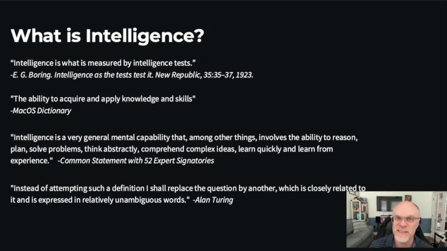Now, one interesting thing that we're going to look at is the Turing test. So Alan Turing, back in the day, we're going to study this in a moment, he basically said, you know, it's too hard. We can't get everybody to agree on what intelligence is. So I'm just going to step back and look at the behavior. So if I can replace that question with another one, which is, if I can have a conversation and not know whether I'm talking with another person or a computer, then we can say, okay, then that system is intelligent. So that was an interesting way to look at that problem. And interestingly enough, we've surpassed almost that at this point, which we'll look at in this course.